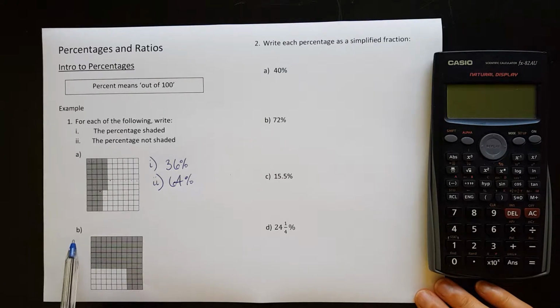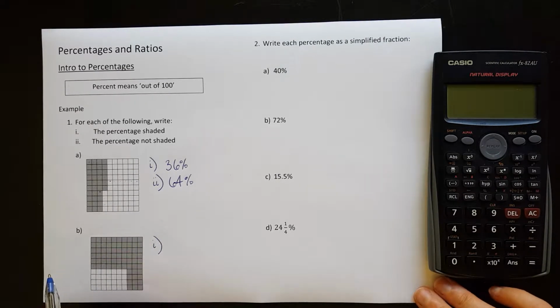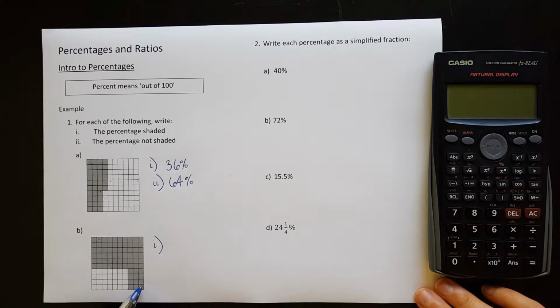Let's do this again for B. So part 1, let's find the percentage that has been shaded. Well, we have complete rows going in the horizontal direction this time. So let's count 10, 20, 30, 40, 50, 60. And then let's count these: 61, 62, 63, 64, 65, 66, 67, 68, 69, 70. So that's 70, 71, 72. So 72% has been shaded this time,